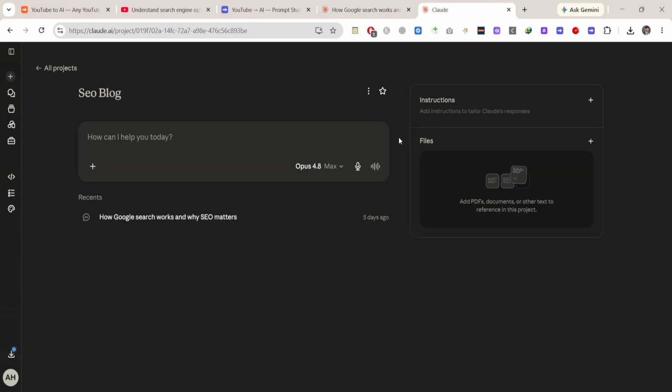A Claude project is a workspace where you can keep knowledge files such as your brand guidelines, writing style, sitemap, product documentation, or any other reference material. Every chat inside that project automatically uses those files as context, so you don't have to include the same information